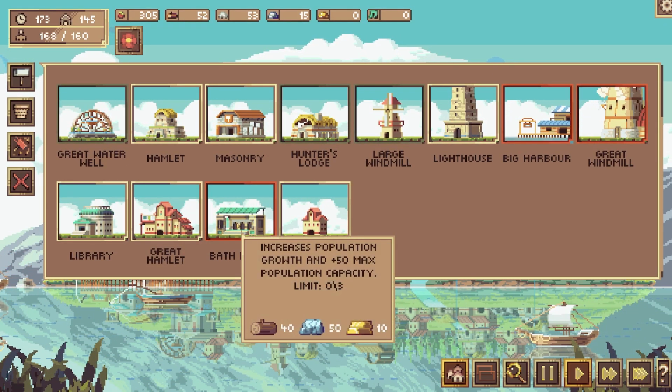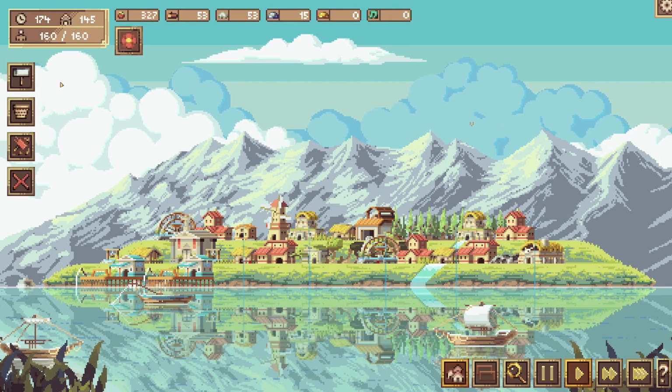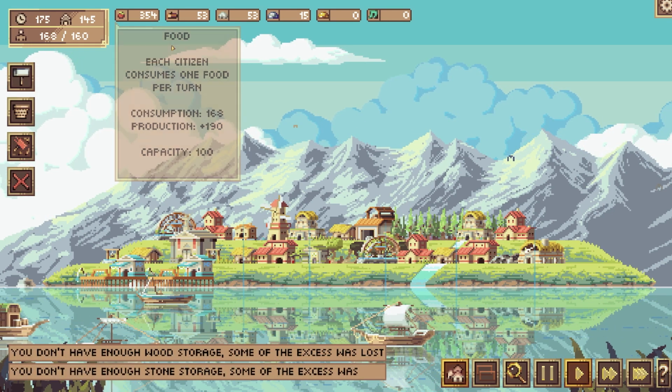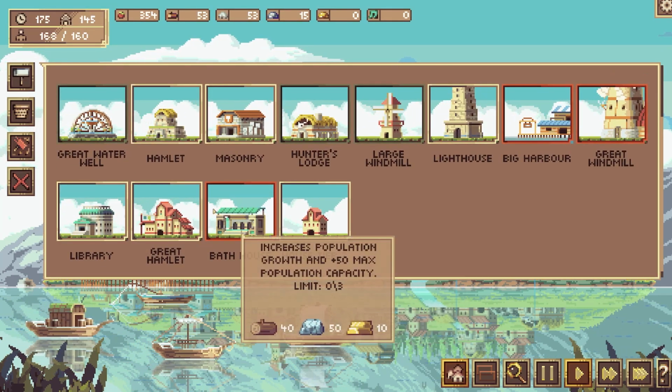Right, so what's the other thing that we need to get? We need to get bathhouse, and we need 10 gold in order to do that. We don't actually have any cash generation capability at the moment. That is a bit of a problem. I also need to get... Hold on, I need to get the...